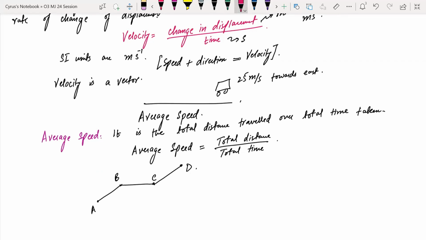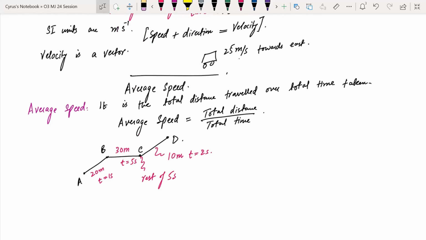And for example you had 20 meter here, the time was 1 second from A to B. Then 30 meters here, time was 5 seconds. Here we had a rest of 5 seconds. And this is 10-meter distance with a time of 2 seconds. So how can we find the average speed? If you add all of these distances,